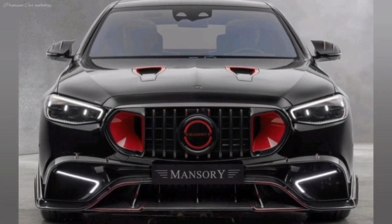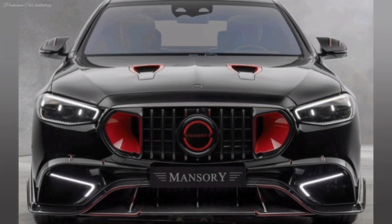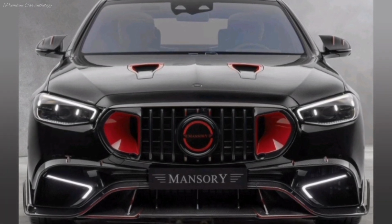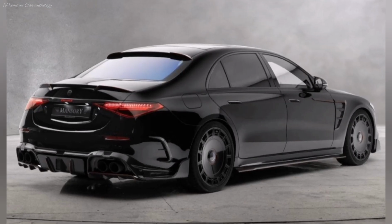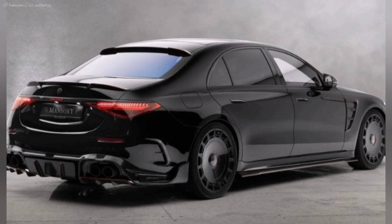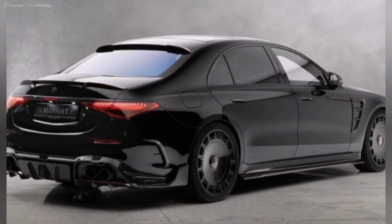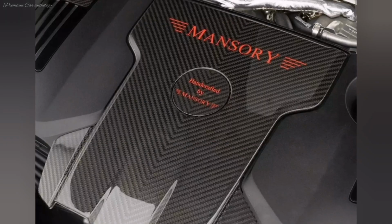The Mansory company began 2024 with a gift of huge red nostrils to the most powerful Mercedes-Benz S-Class. Introduced in 2022, the Mercedes-AMG S63e Performance became the most powerful production S-Class in the history of the premium sedan. But for the Mansory team, this super hybrid did not seem powerful enough, so the specialists worked on the power